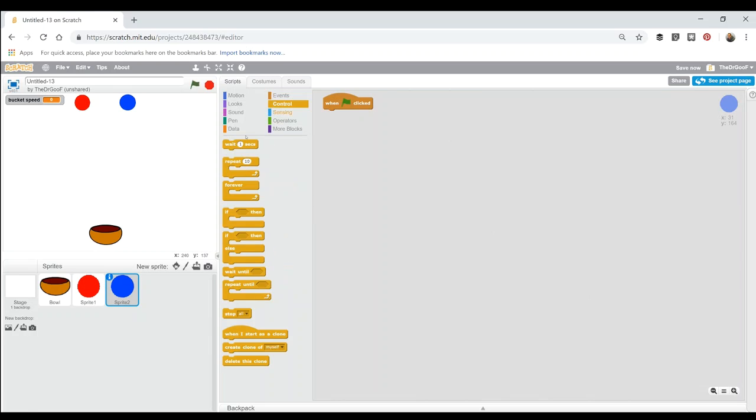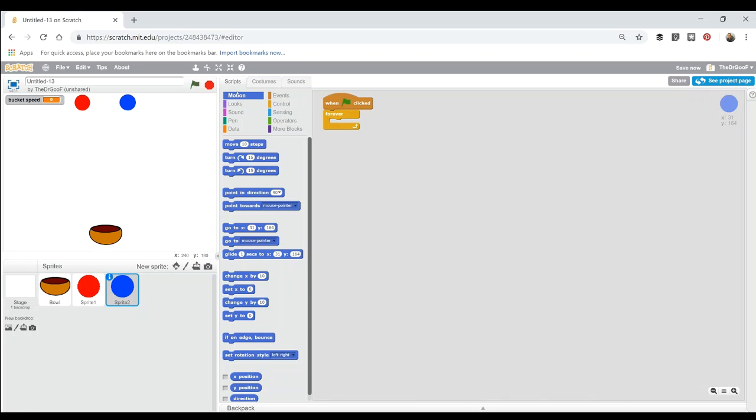And let's add a control loop in here that loops forever. What we want it to do at the beginning of this loop is position the ball at the top and then make the ball start falling. So let's take a look into this. Let's go into our motion. And we want the ball to go to a position